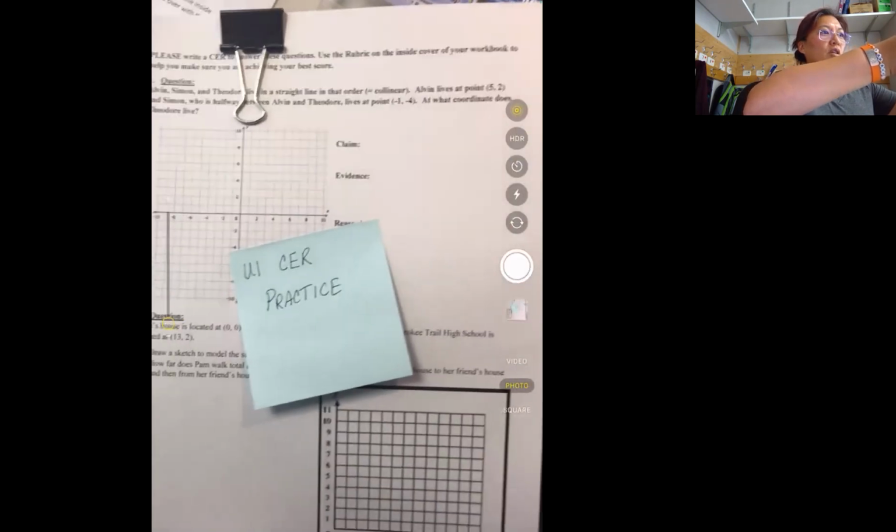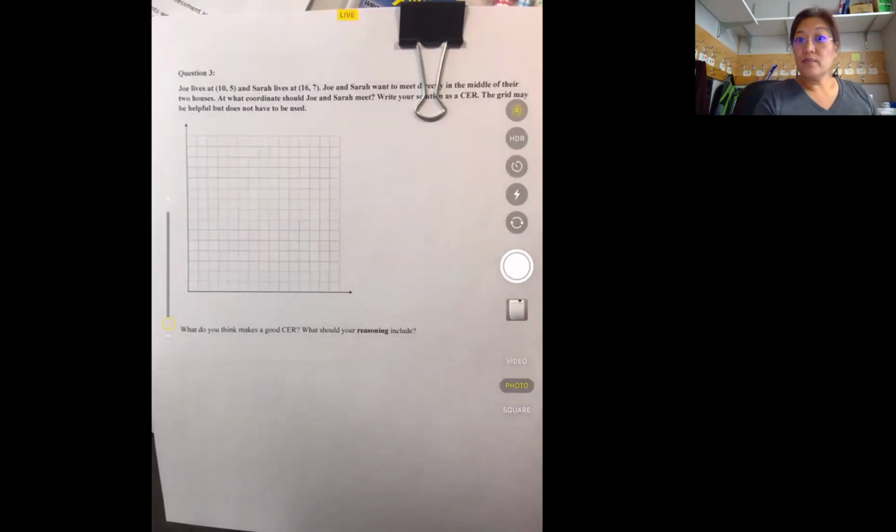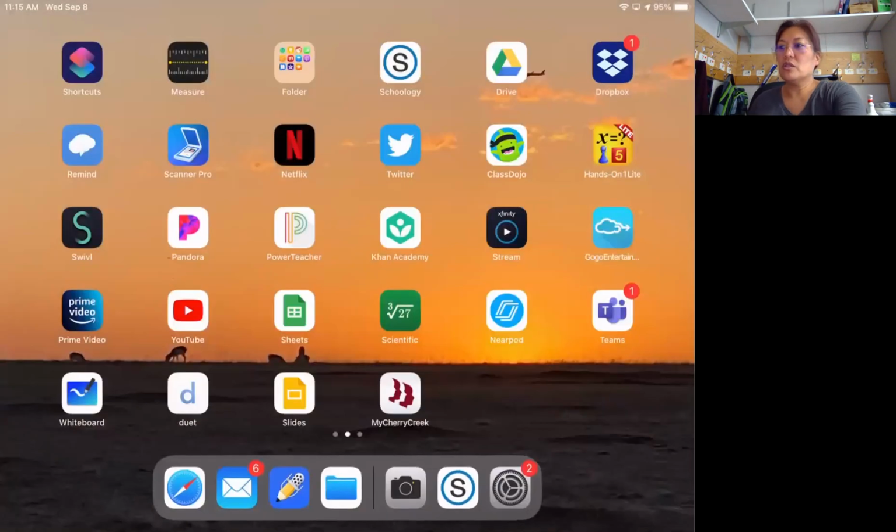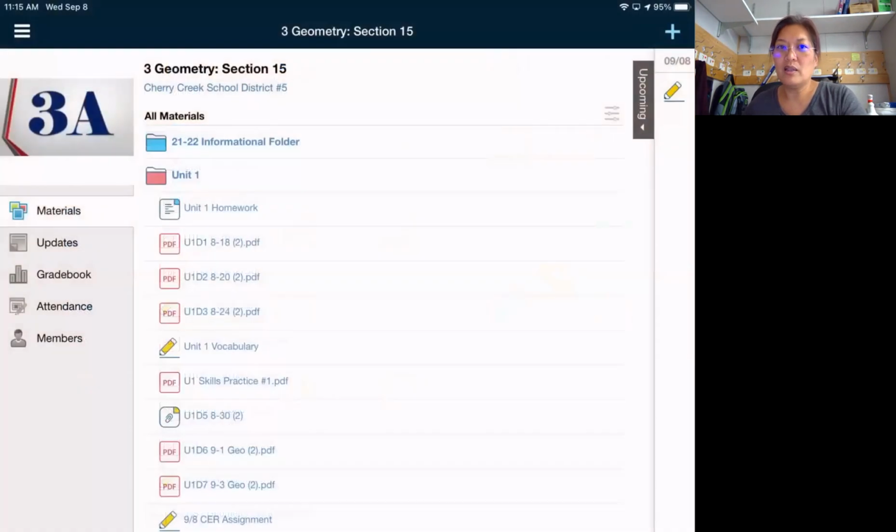You're going to take a picture of the front of your work. You're going to turn it around. You're going to take a picture of the back of your work. Okay. From there, you can either use the Schoology app or you can use the online. But if you use the Schoology app, I'll show you where this is in our